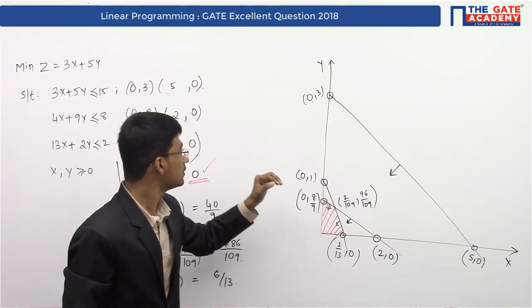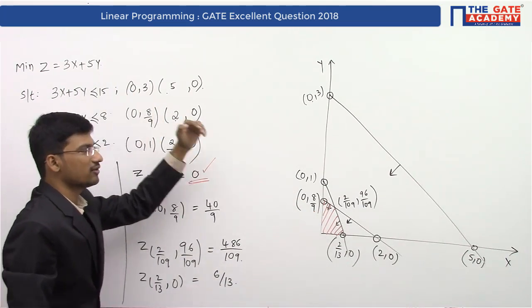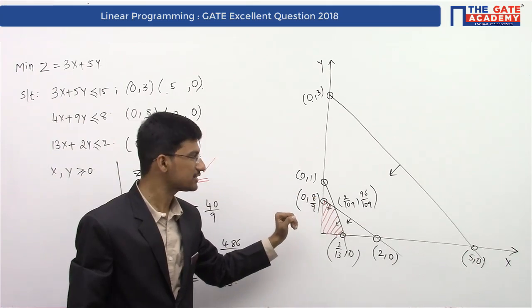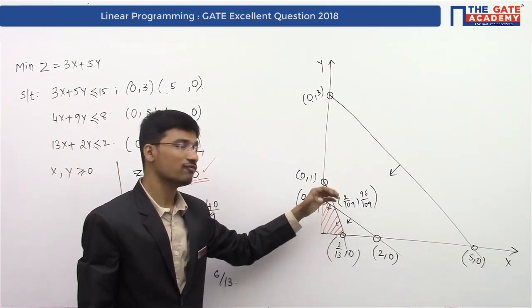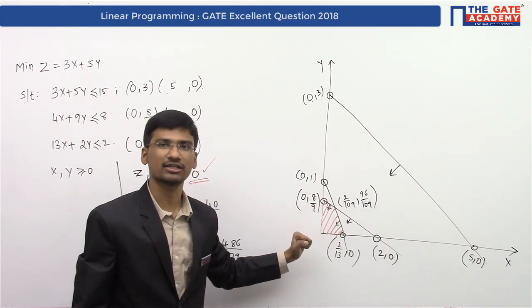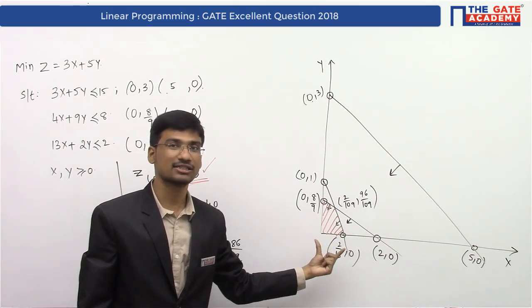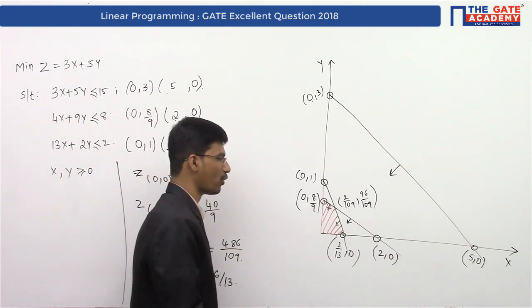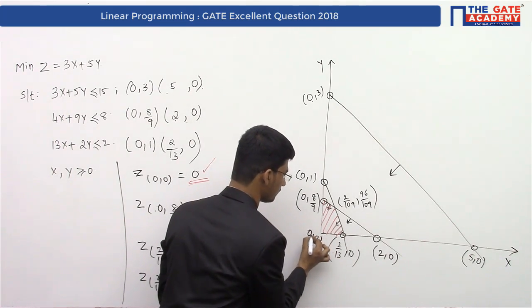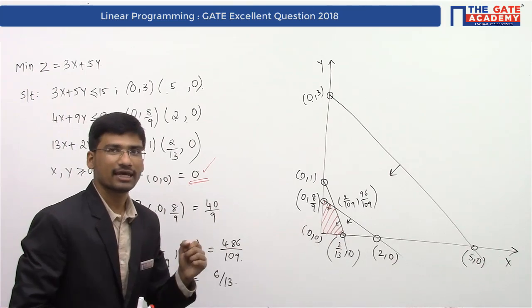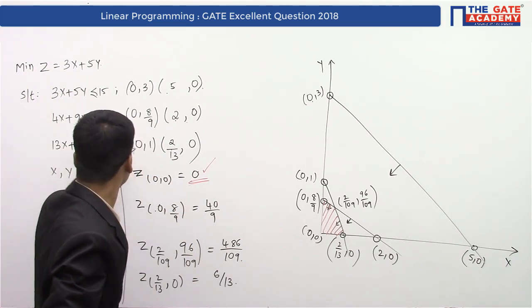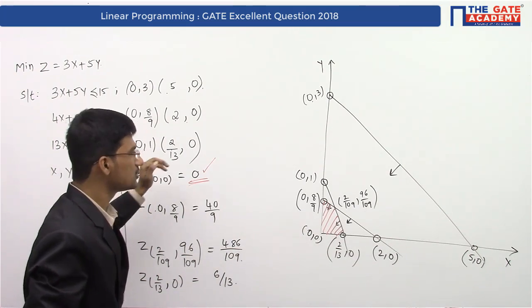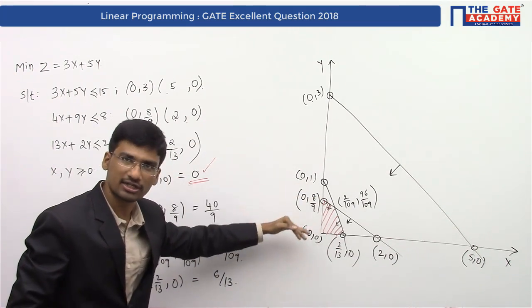Is it okay? So minimization function with less than or equal to type constraints. So your feasible region you will get always towards the origin. When your feasible region is always towards the origin, you will get the answer as 0, 0, which is this point. Now again you should be careful while looking at the question. So no need to worry about the constraints. So constraints are all less than or equal to type. So we will get the feasible region towards the origin, right?